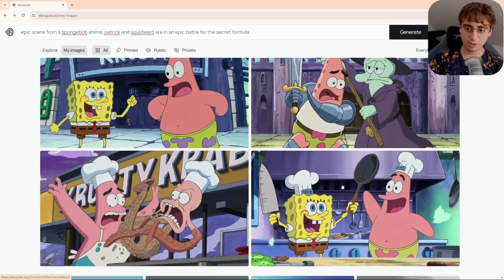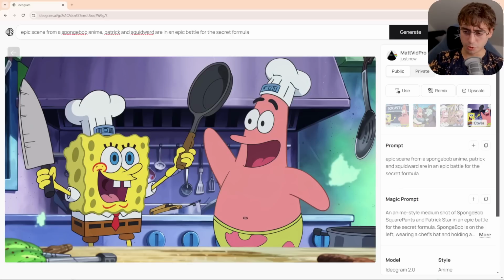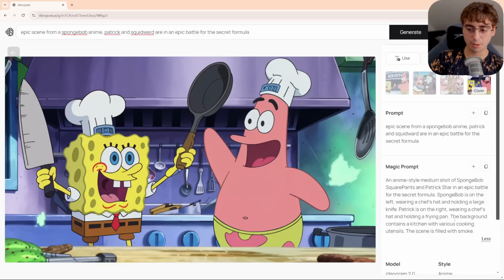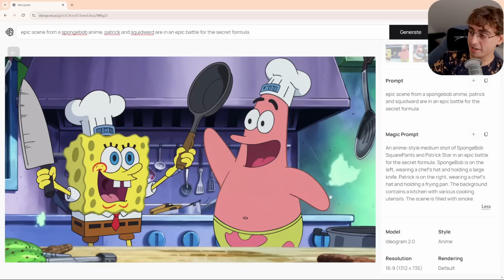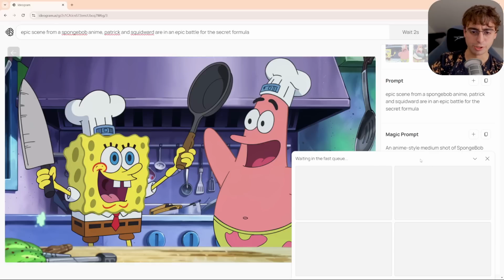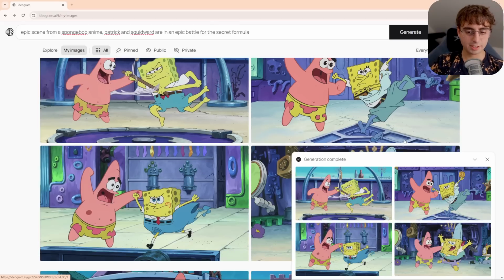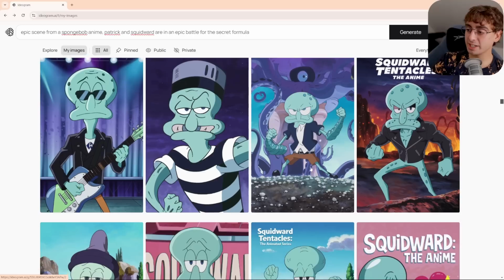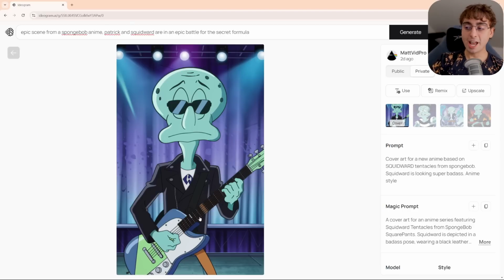You can see, looks like the prompting did not go too well here. I think that the magic prompt is probably fine here, but the model is going to get pretty screwed up with SpongeBob stuff. Oh, actually, I'm wrong here. The magic prompt did screw up in this case. Let's try turning it off and then regenerating. And there you go. Okay, I think SpongeBob is way too corrupted and way too much in the database for it to transcend into anime style reasonably. However, in my previous testing, I did get a pretty decent anime Squidward who is apparently strumming a guitar.